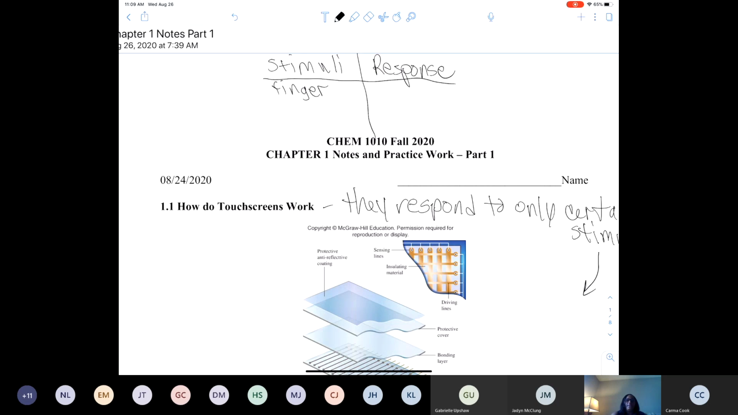what I want you to do is choose one or two different stimuli, maybe something different than what you saw me choose, and see if the touchscreen of your cell phone responds to those stimuli. And so what I want you to do is go to your particular group room, and then try to find at least two different stimuli, like an ink pen or a pencil,